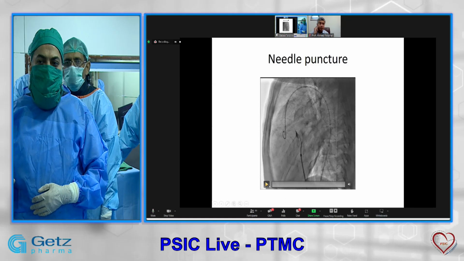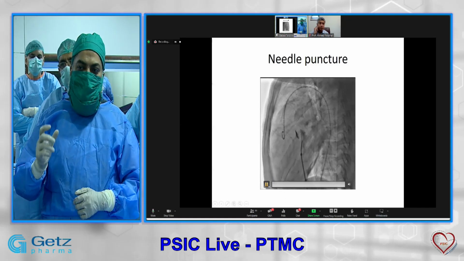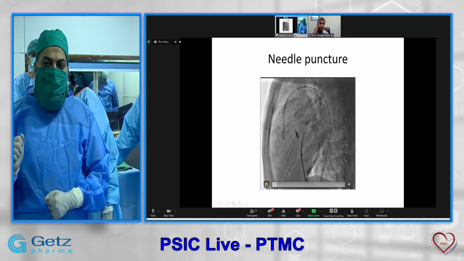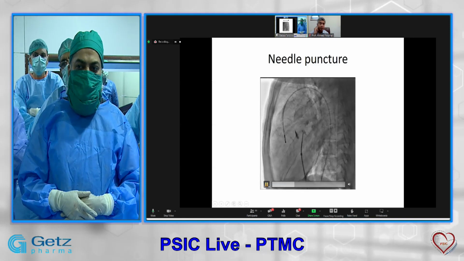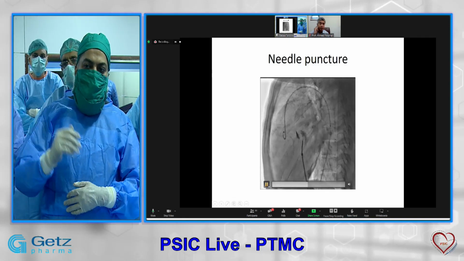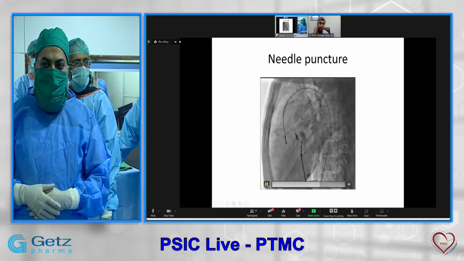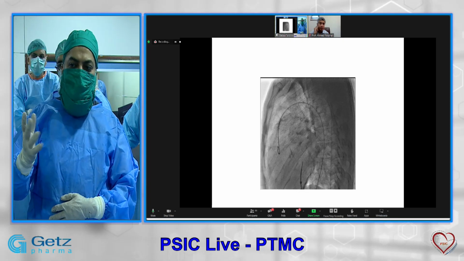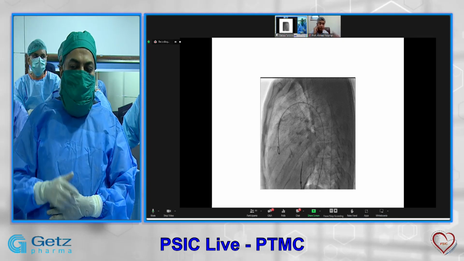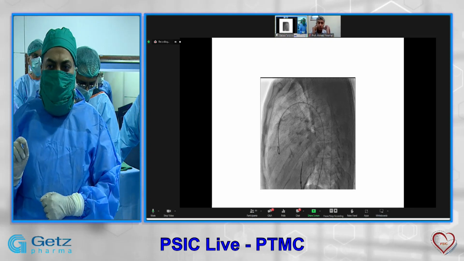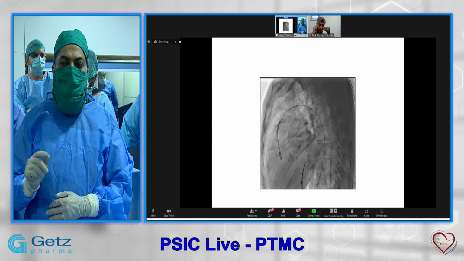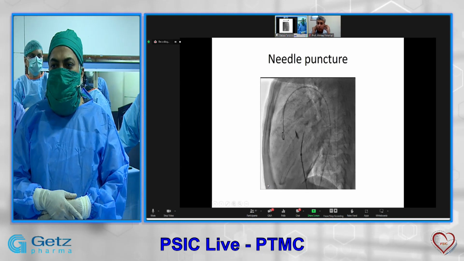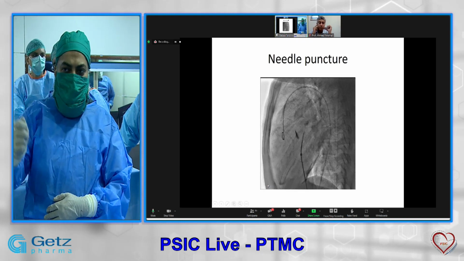This is an important thing you need to understand. Sometimes, once you have punctured and you give the dye, these few slides will tell us the importance of giving dye and taking this angiographic or cine image. Once you give this dye, you see something weird. You don't see the dye flushing and washing away. You see the dye is staining there. So this was a needle puncture. If you have punctured the LA just with your needle and you have not introduced anything further, go one slide back. The dye will stain into the pericardium. You can still bring it down.